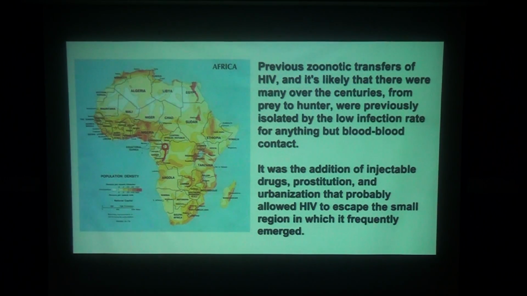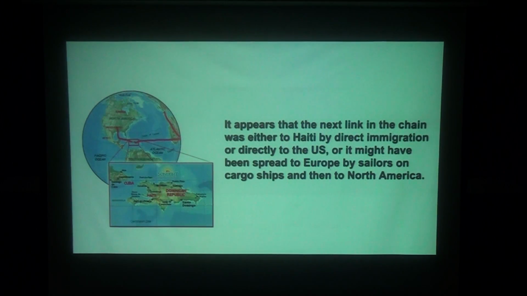Previous zoonotic transfers of HIV, and it's likely that there were many over the centuries, from prey to hunter, were previously isolated by the low infection rate from anything but blood-to-blood contact. It was the addition of injectable drugs, prostitution, and urbanization that probably allowed HIV to escape the small region in which it frequently emerged. It appears that the next link in the chain was either to Haiti by direct immigration,